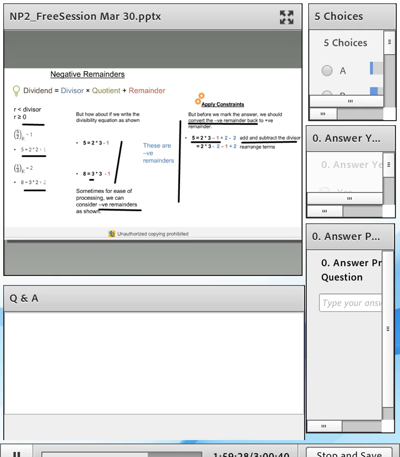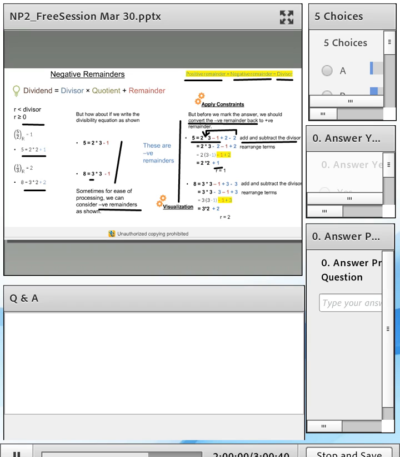Now I rearrange the terms. I bring terms 2 times 3 minus 2. So I bring this term over here, because ultimately I want to get a different quotient for this expression. What I get is 2 into 3 minus 1 minus 1 plus 2, and I get 2 times 2 plus 1, right? So all that's happening over here is, and I can do the same thing with this other equation as well, that positive remainder is always equal to negative remainder plus divisor.